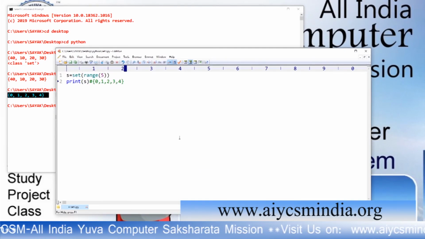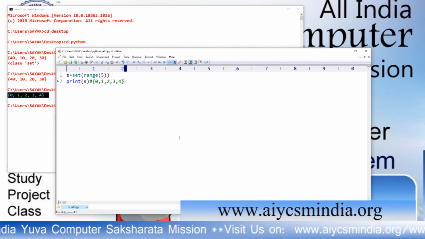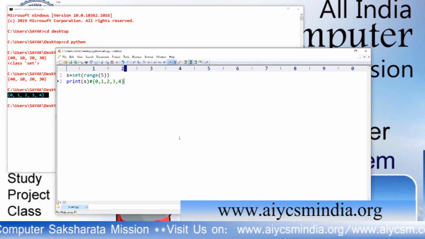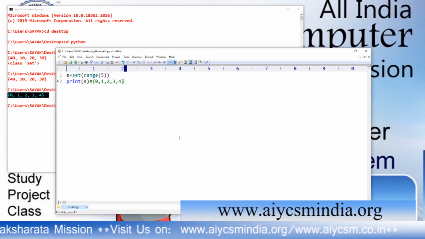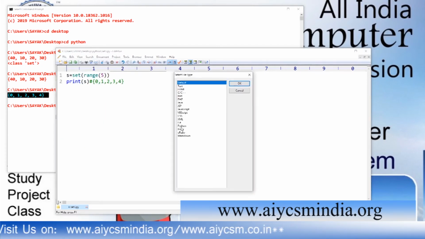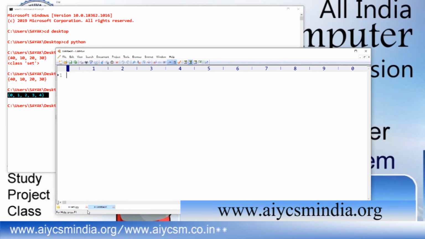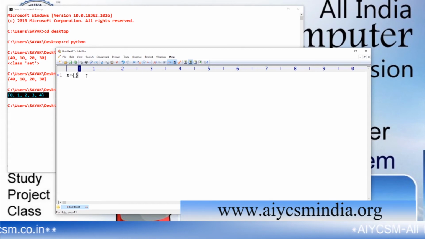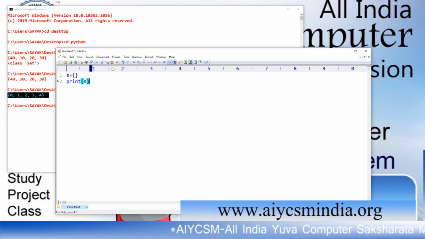Okay, while you are creating an empty set, you have to take special care, because if you write it like that, it will not create any empty set, but it will create an empty dictionary. So how can you create one? If you print S, you will find that this becomes a dictionary.